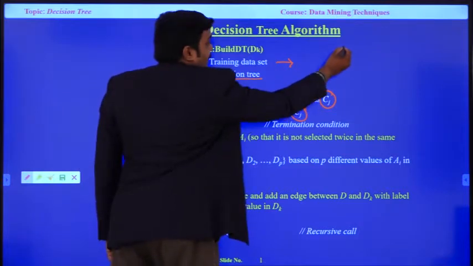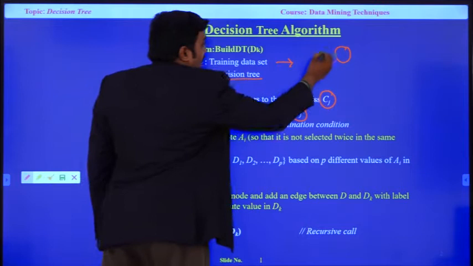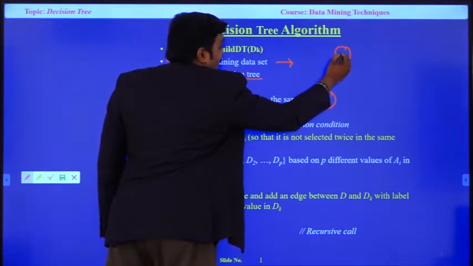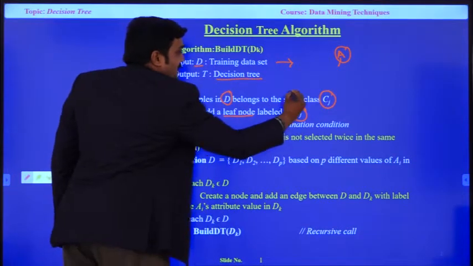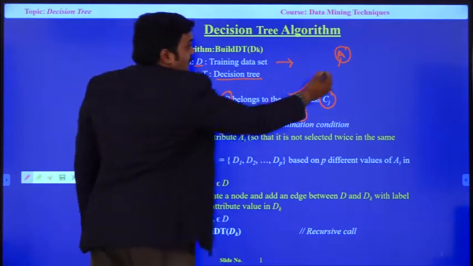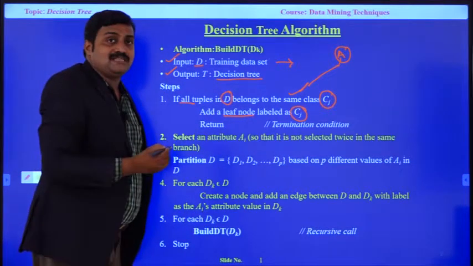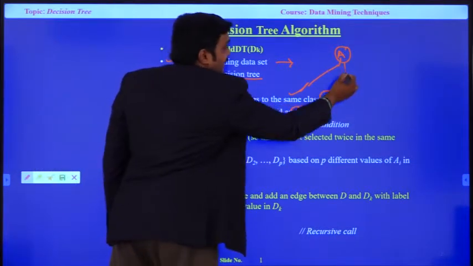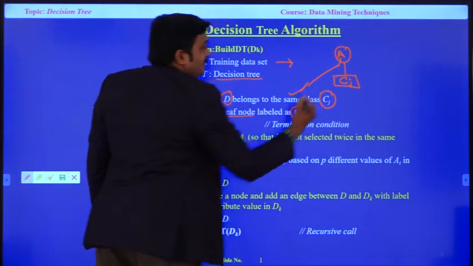We are creating a root node with one attribute. If all the attribute values belong to the same class, then we make this a leaf node, name it Cj, and stop.